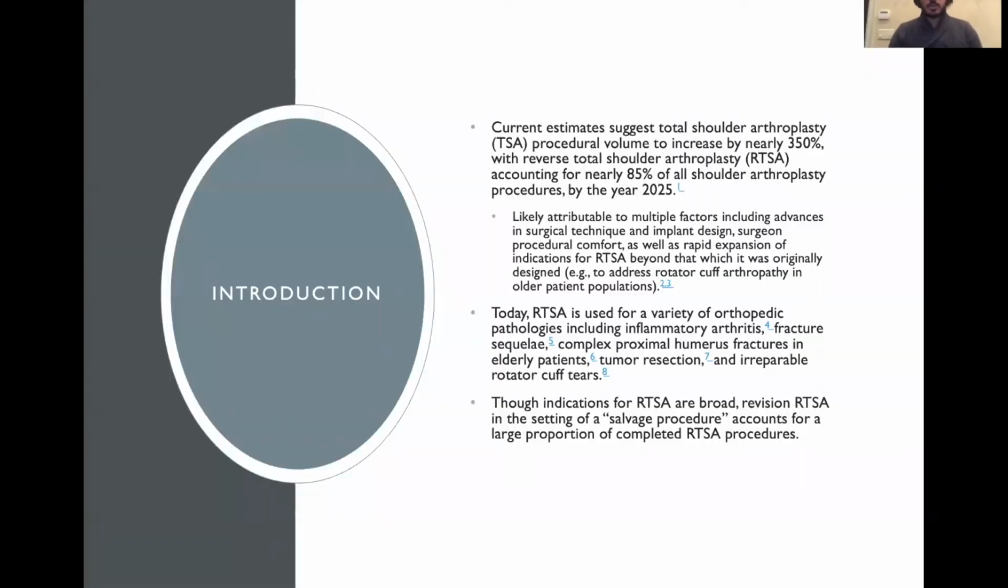Now, total shoulder arthroplasties have been increasing in volume over the last few years. It's said that by 2025, 85% of these procedures will end up being reverse total shoulder arthroplasties. There are a lot of factors interplaying for this, but the main reason is that reverse total shoulder arthroplasties are a very versatile procedure that are used for a variety of orthopedic pathologies of